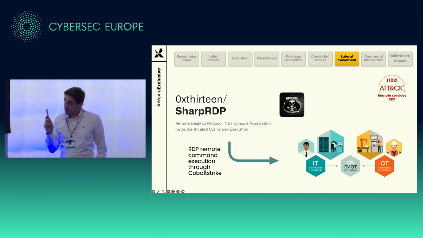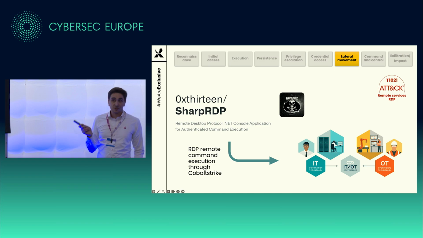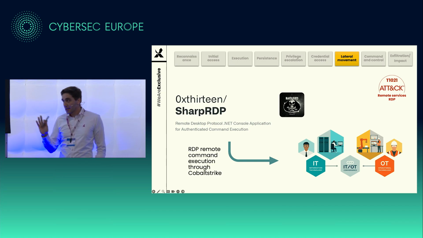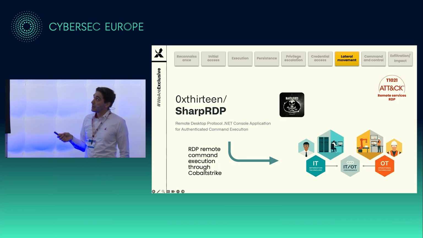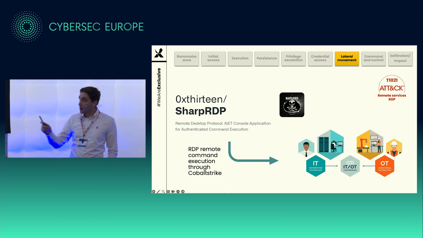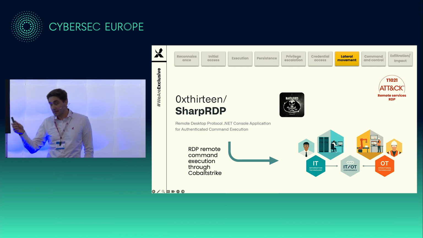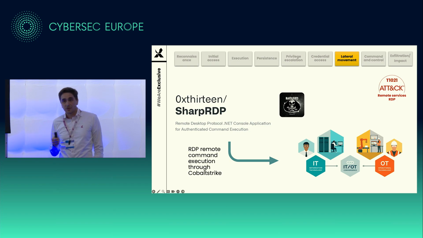And they noticed it. They used a tool called SharpRDP, which is a plugin for Cobalt Strike, to actually do remote command execution over RDP. You don't get the RDP interface, you can just send commands to it and compromise it in the same way. This is again another idea of lateral movement, another approach where they now pivot from IT to OT and got it compromised there as well.